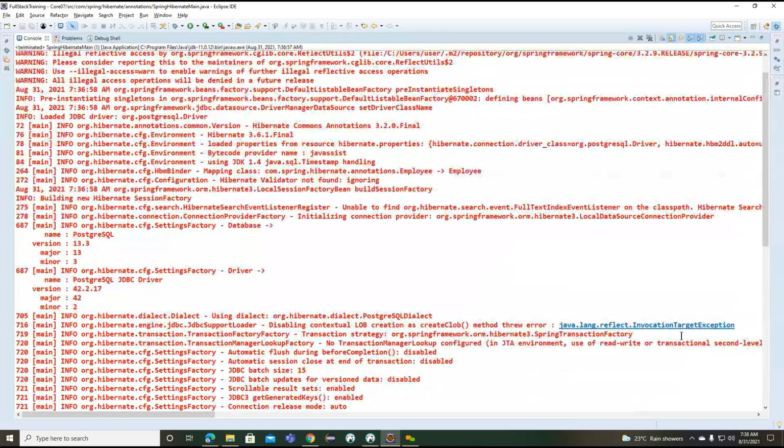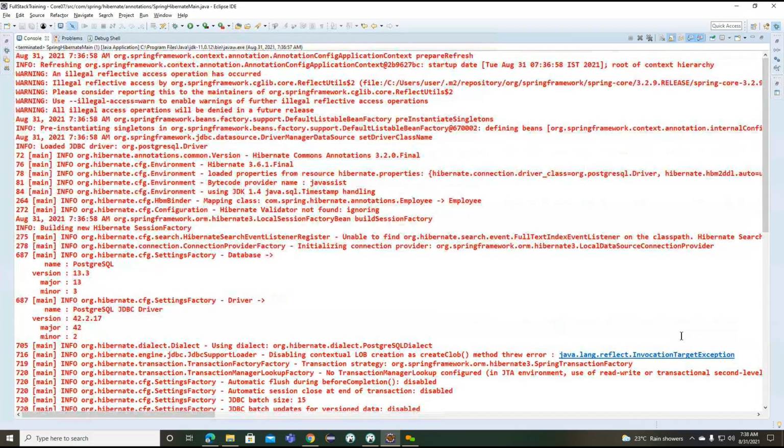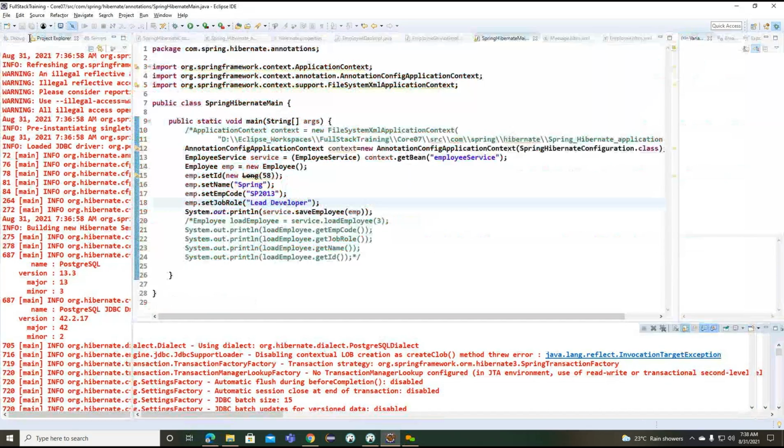Named query checking is enabled. Okay, so these are the properties we identified, but now we are getting the transaction is not yet committed here. So to commit this particular transaction, what are the steps we need to write? Let's see.